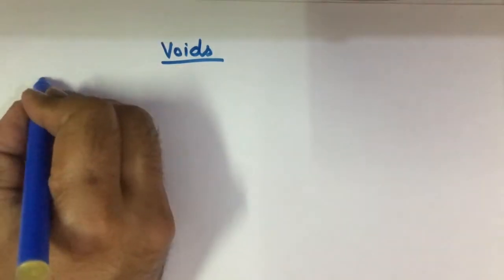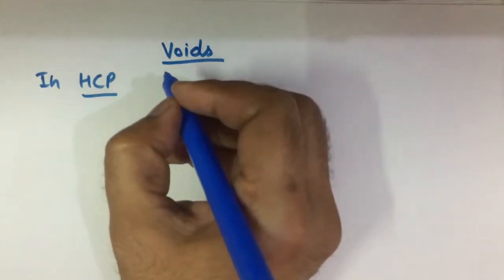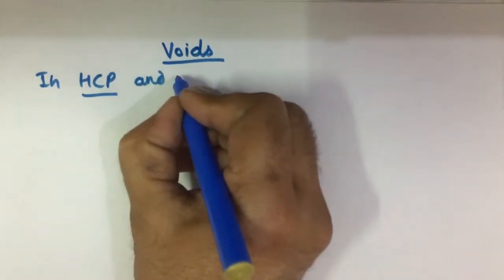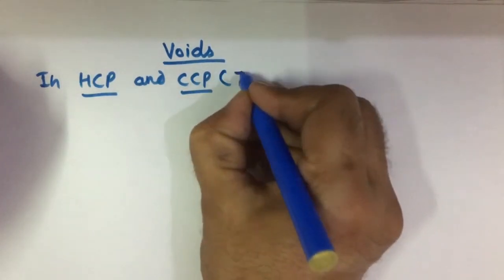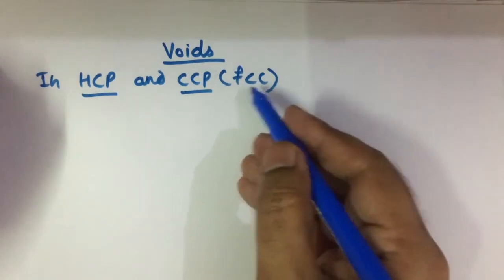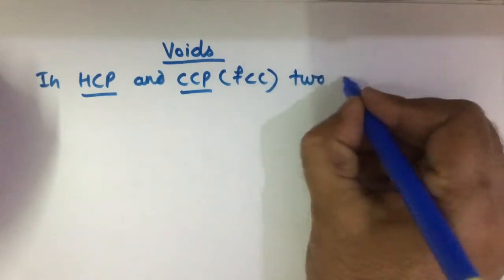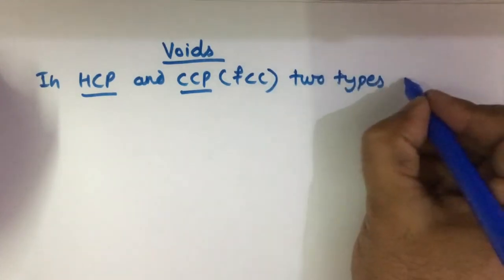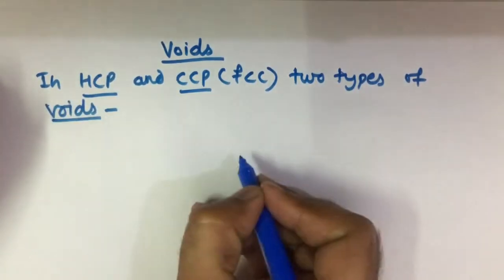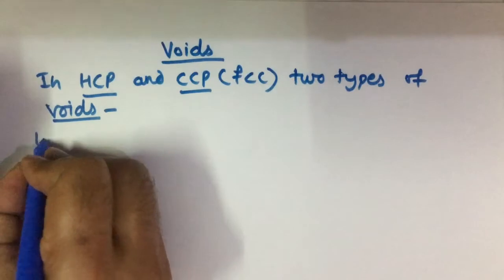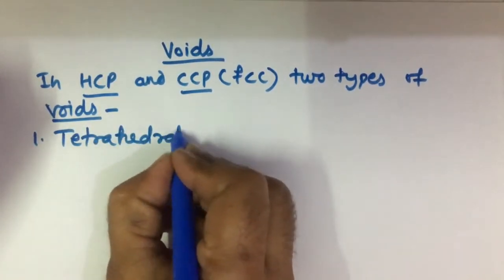Now in HCP, that is hexagonal close packing, and CCP, which is cubic close packing, also called FCC, face centered cubic unit cell, there are two types of voids. One is called tetrahedral